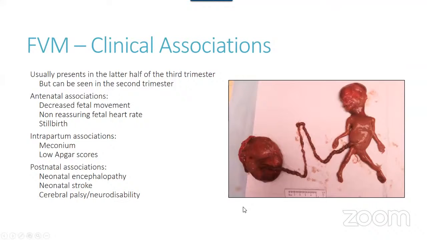So let's first talk about the clinical associations. Fetal vascular malperfusion, which I'm going to abbreviate as FVM to make things easier, is usually a disease that happens later in pregnancy, generally the latter half of the third trimester, so when we're getting pretty close to term. However, it can be seen earlier, including in the second trimester,